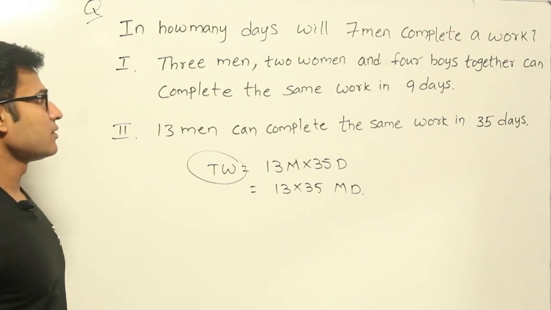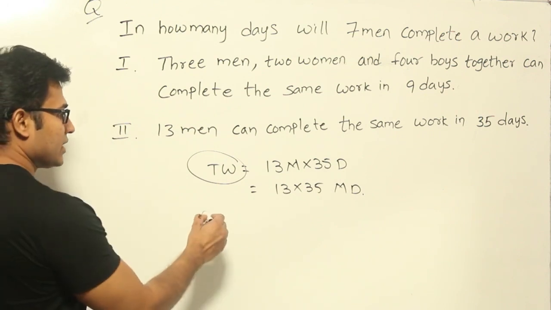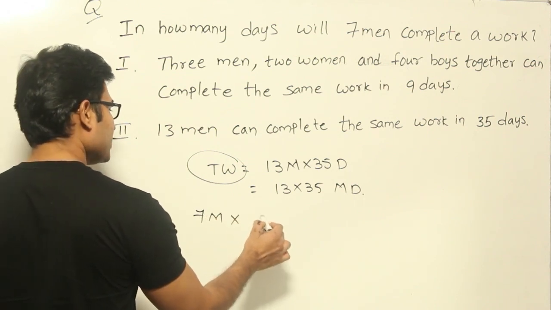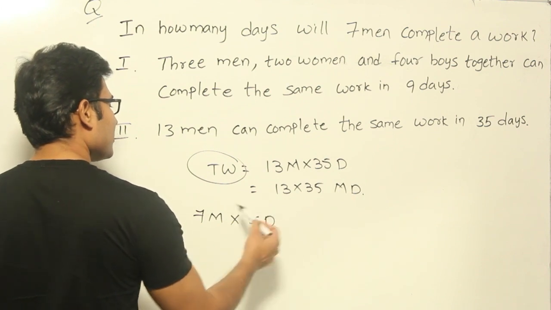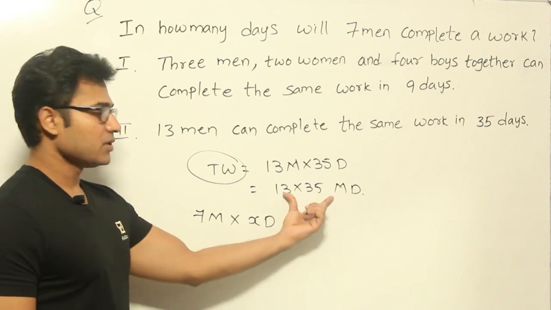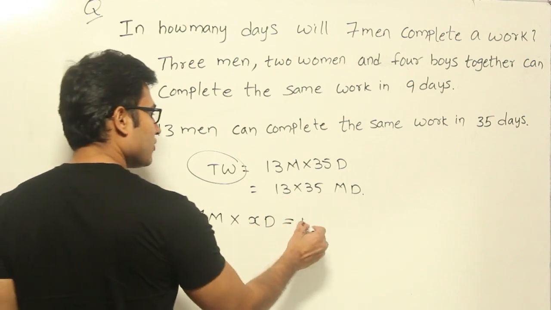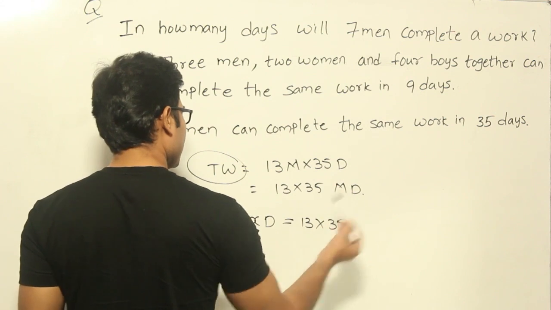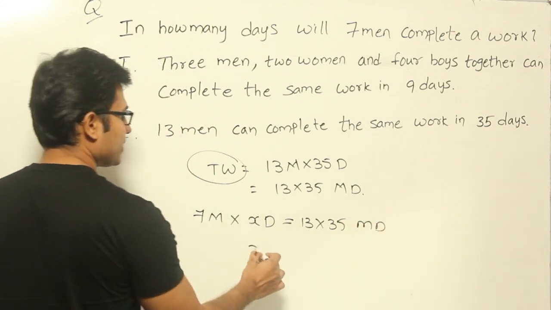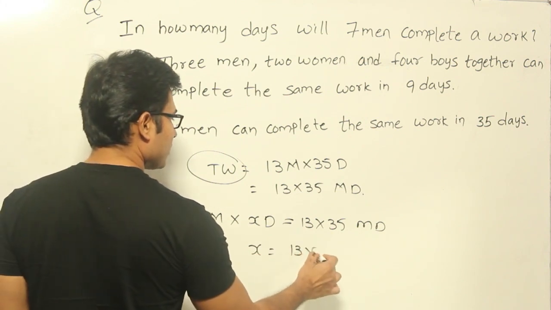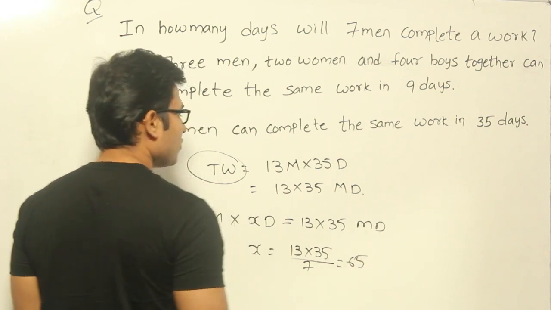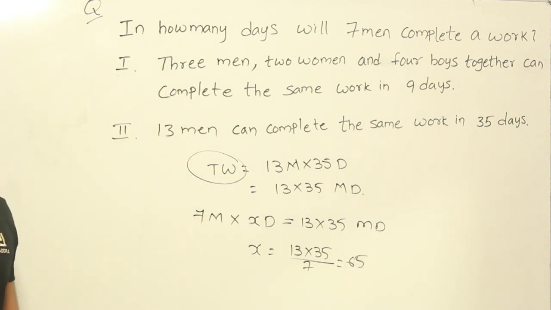Now how many people are working? 7 men are working. Now if 7 men are working, then I don't know how many days they are going to work. Let me say some x days. If 7 men are working for x days, if they have to complete the work, then their effort should be equal to this effort, right? Now this has to be equal to 13 into 35, right? So what do you get? You are going to get the value of x as 13 into 35 divided by 7, which means 65. So anyway, you are able to find out that 65 days are required,